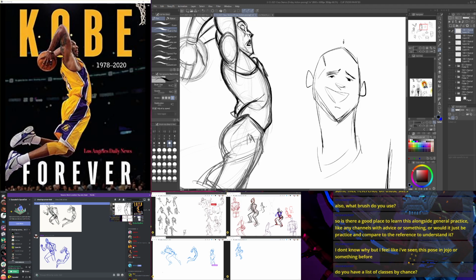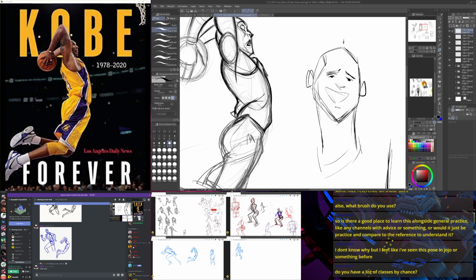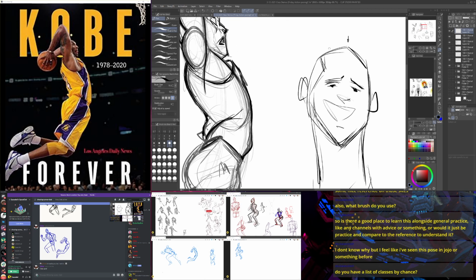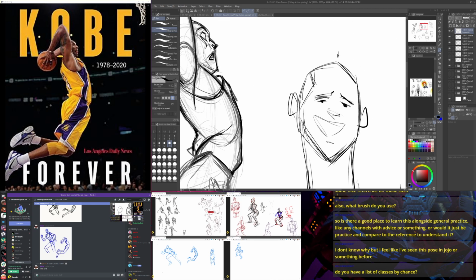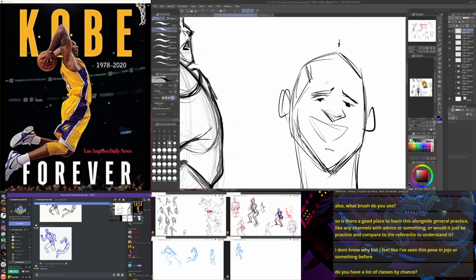Something in that vein. This isn't the best likeness of him. This is my first time actually trying to draw him, so I'd need a few more cracks at him, but let's see what I can do. I like the direction that's going right now. It's kind of fun.